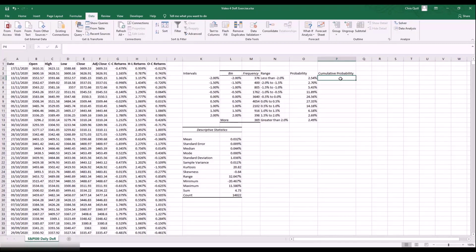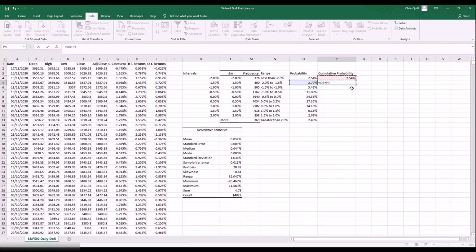And this is just going to be the cumulative percentage or probability values from column O. So in column P, in cell P4, I'm going to type equals O4. In the next cell down, I'm going to put equals O5 plus